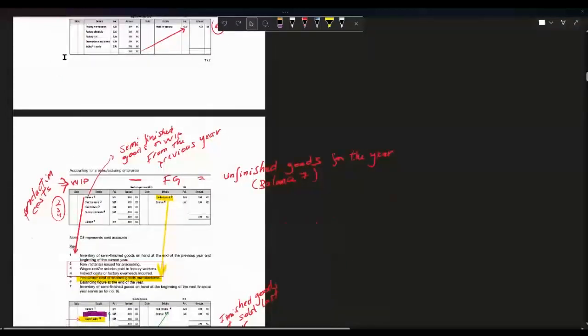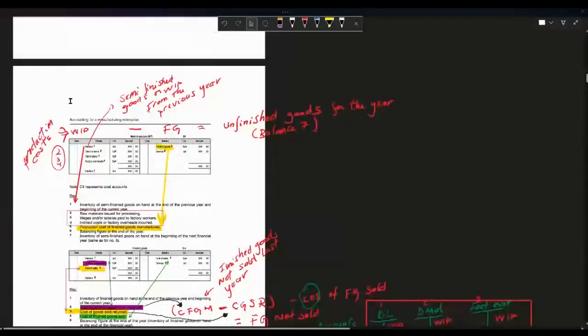These three things, once they are summed up, they need to be taken into account in your work in process. So meaning that this is what came in, and what will come out on the other side is the finished goods, and these need to balance each other, right? Okay, so